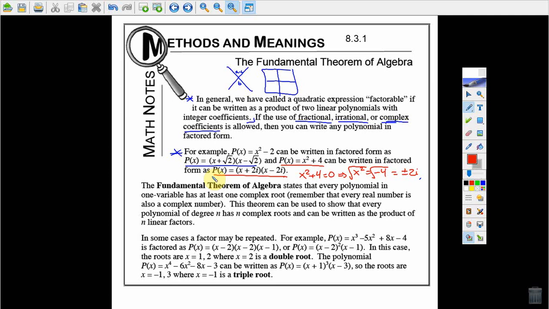So once we allow ourselves irrational numbers and complex numbers, then every polynomial can be factored such that it has the same number of factors as the degree of the polynomial. That's not to say that they will all be unique roots. Some of them might be double roots and some of them might be triple roots, etc. So in some cases a factor may be repeated. For example,